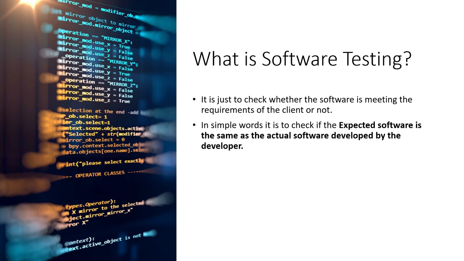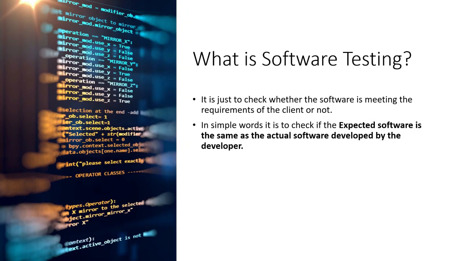It's the same example. I'm saying I want it in yellow color and the painter is delivering it in blue color. Then that's not something I'm expecting. I mean, it doesn't matter. The wall looks good. The wall is very well developed. But that's not something I expect as a client. So your job as a tester is to make sure that whatever the expectation of the client is, the actual product is delivered in the same way. If it is not, then that's a defect for you.